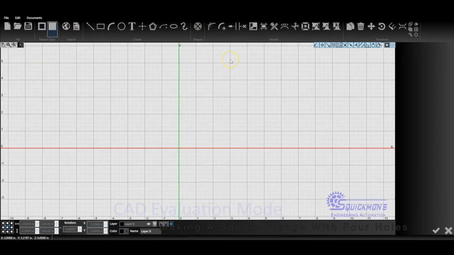Alrighty, so today we're going to go over how to make a square flange with 4 holes in it. We're just going to do this a basic way. We're not going to use any arrays. We're just going to go through how to snap a square out to our drawing area here, and then we're just going to go ahead and locate on our minor grid lines the area where we want to snap our